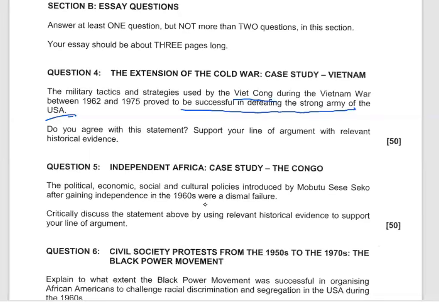Then you come to your conclusion. When you come to your conclusion, that is where you are supposed to tie up your argument, and you can reaffirm a key point to support. Referring back to the line of argument, you are tying up your argument in that sense. That takes you to the end of the essay question.